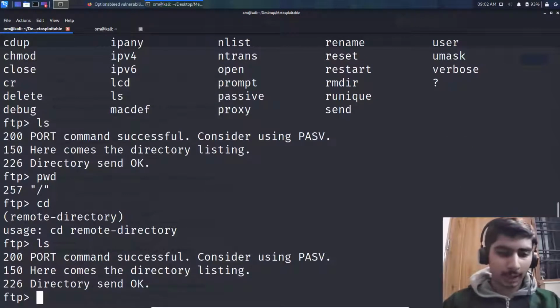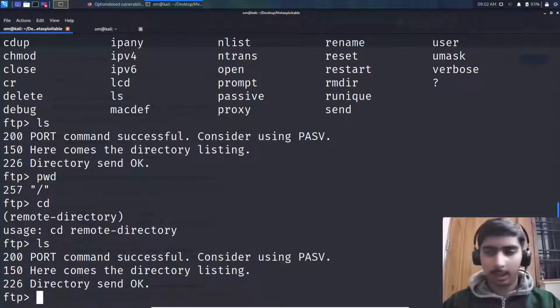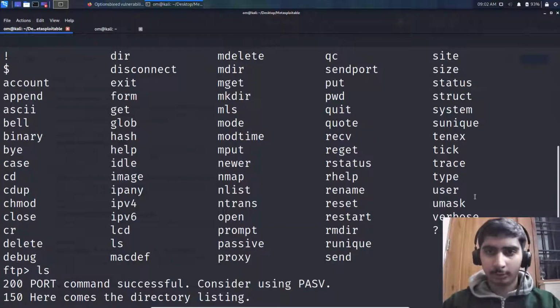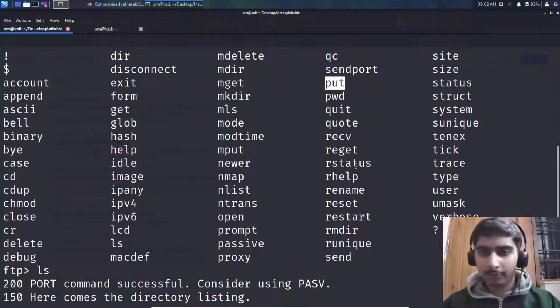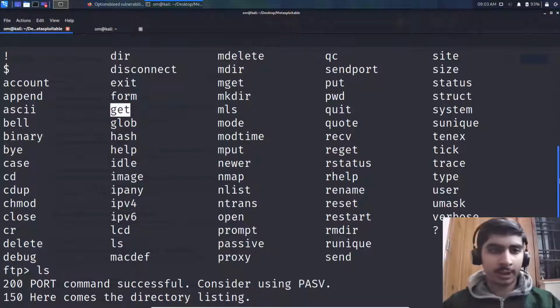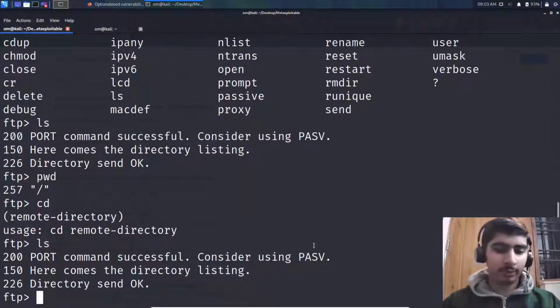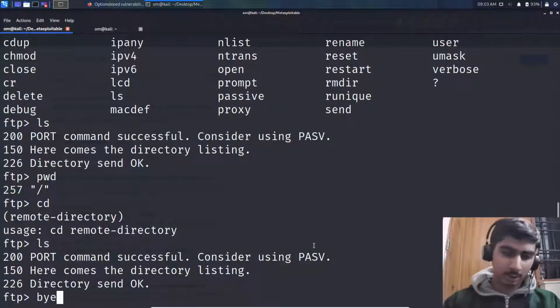We can download files with get, as we can see on this help menu. So we've got put, which we can use to upload files to that server, and we will have get somewhere over here. There you go. So with get we can download files which are over there. So we can type in exit or bye to exit,